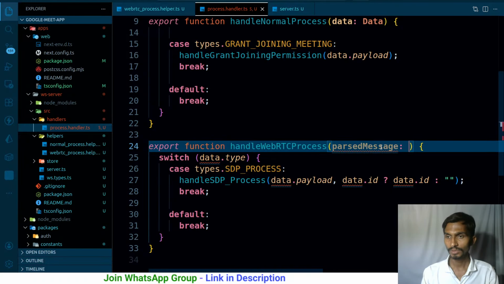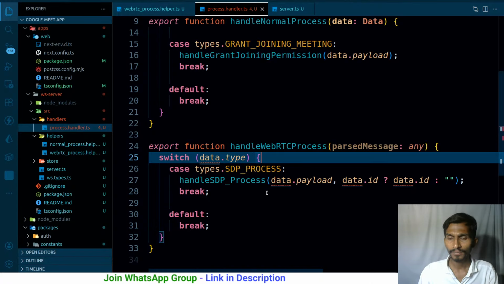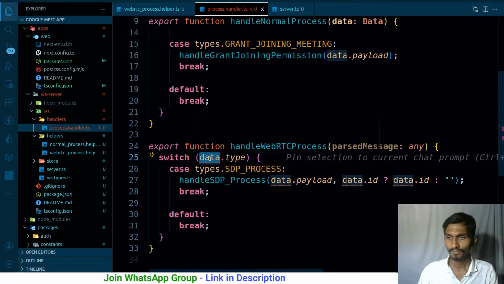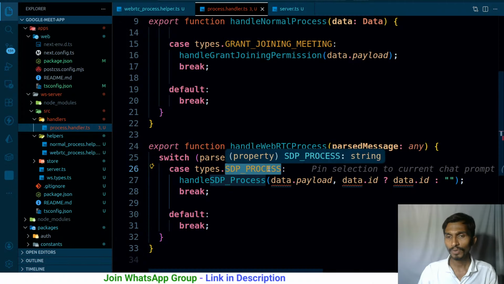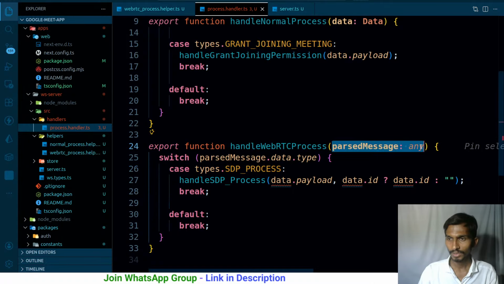Passed message, gonna be any type, and I don't really care the type of the message. Once I got that, after that, if passed message dot data dot type, if that's triple equals to SDP process, in that case what I have to do? Handle SDP process